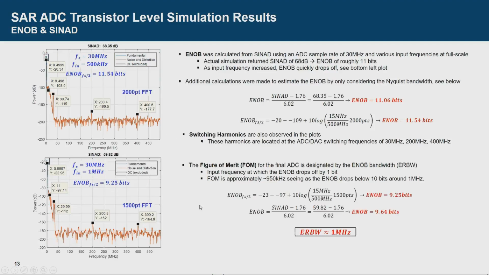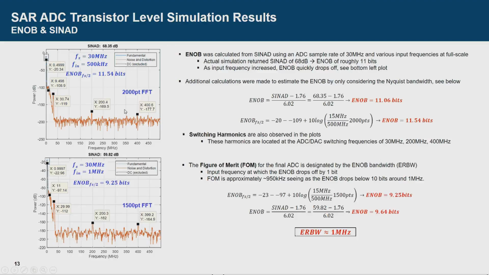Lastly, the SAR ADC transistor level simulation results. On the top left is the signal to noise and distortion ratio, which is about 68 dB for a sampling frequency of 30 megahertz and an input of 500 kilohertz. This is an ENOB of about 11, just above 11 bits, but I calculated the ENOB up to FS over 2 to be about 11.5. You can also see the same switching harmonics at 30 megahertz,